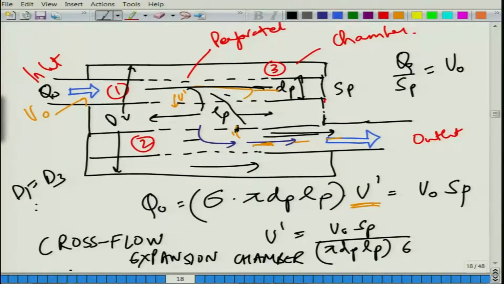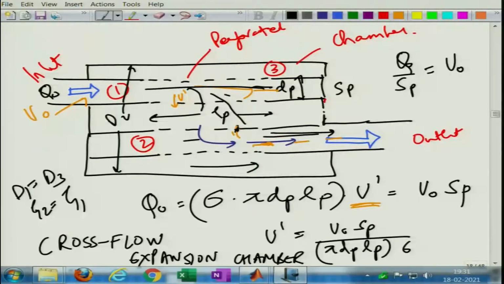The diameters of the perforated duct or the airway are equal, and so is the distribution of perforates. In other words, the porosity is the same, so the perforate impedances are basically the same. Zeta 1 and zeta 2 are the same. So now we have this: D1 and D3 are the same, and zeta 1 and zeta 2 are the same. With this understanding, let us hop back to the MATLAB.